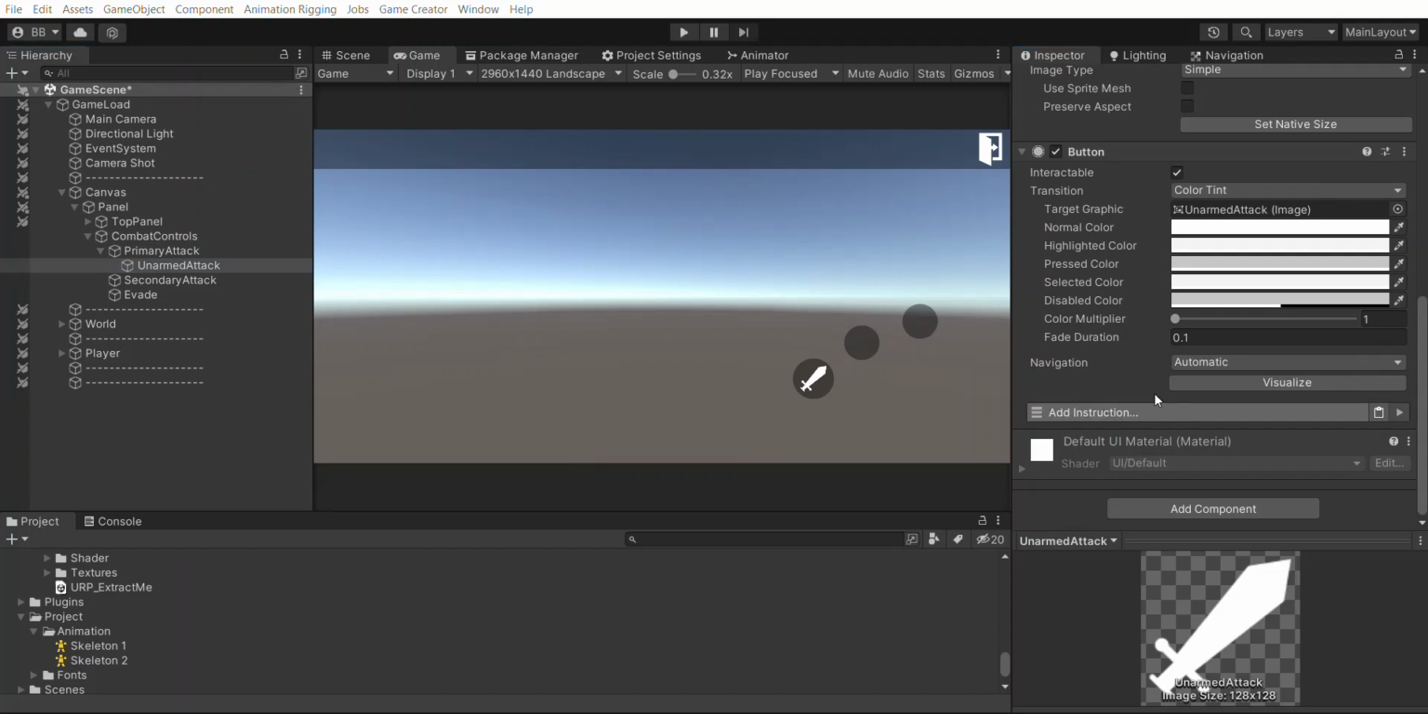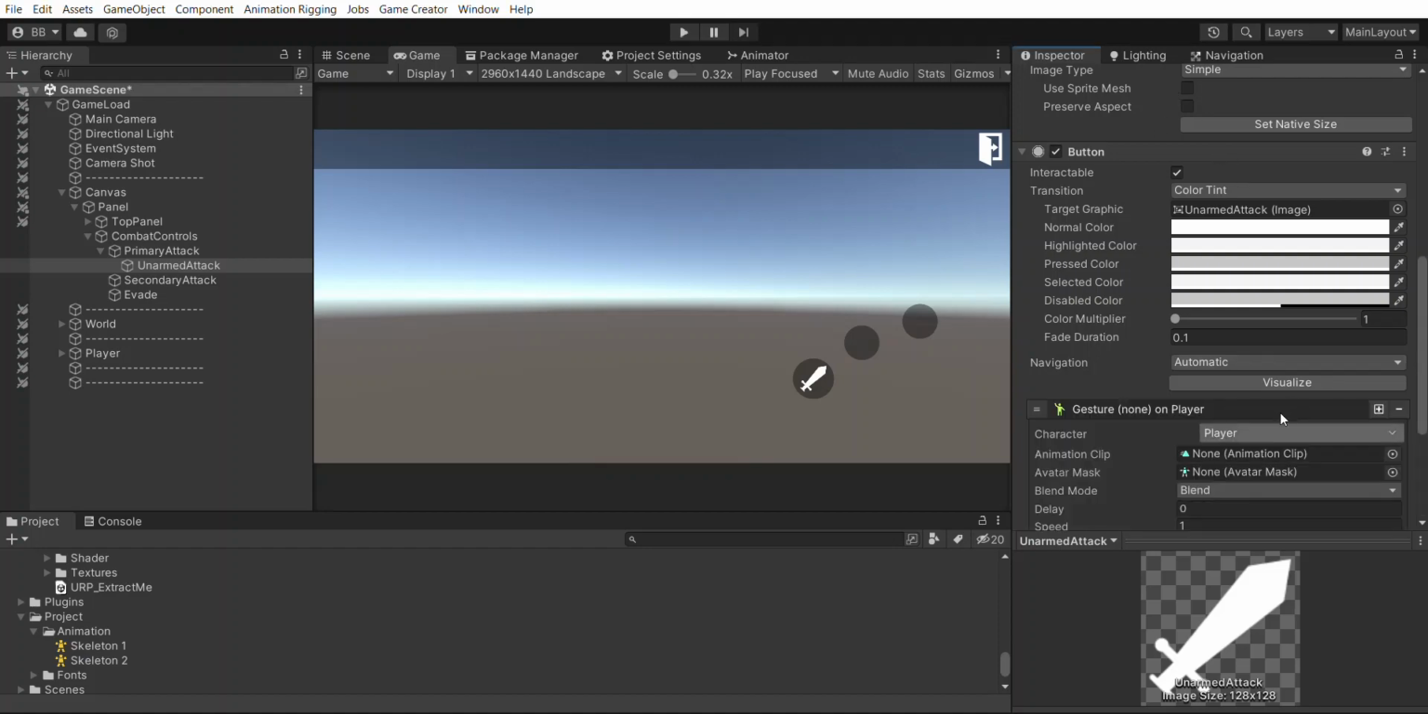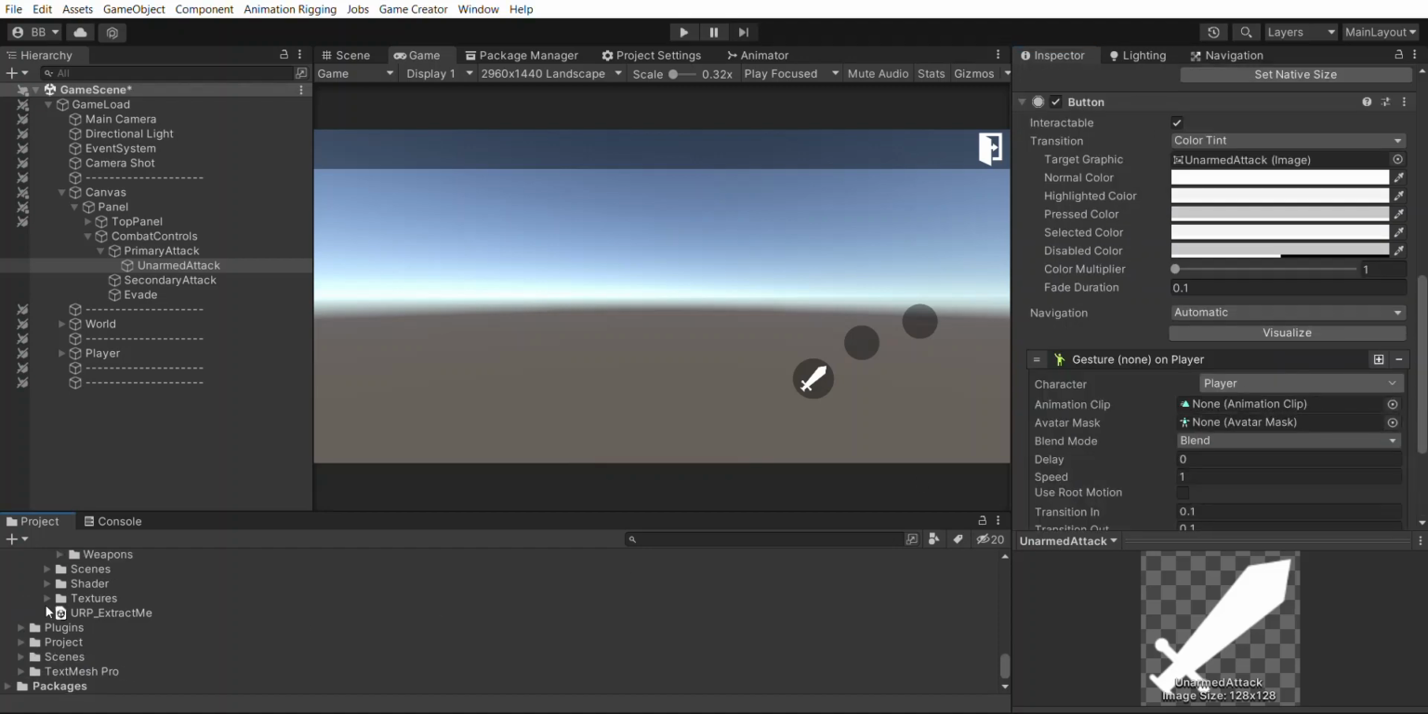So add instruction, trigger, oh no, it's already a button so we don't need a trigger. We will gesture, play gesture on player. So we need an animation to do that. Do I have animations installed? I do not. I'm going to install an animation pack